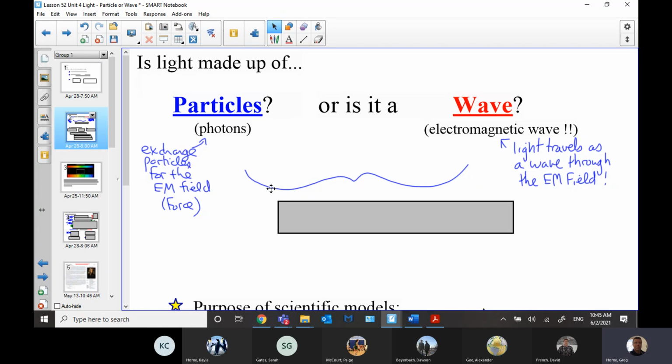Those are your vector bosons for that fundamental force, electromagnetism. And in the wave theory, we've already talked about electromagnetic waves. So we've actually already talked about all of this, right? But now we're looking at it further. We think of light as traveling as a wave through the electromagnetic field, right? But then we also think of it as these particles.